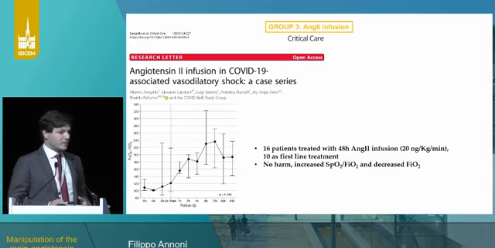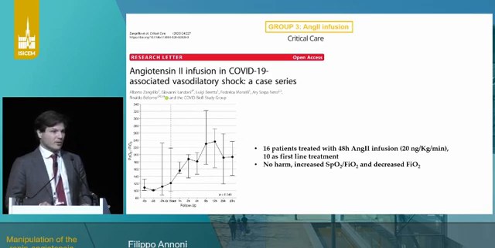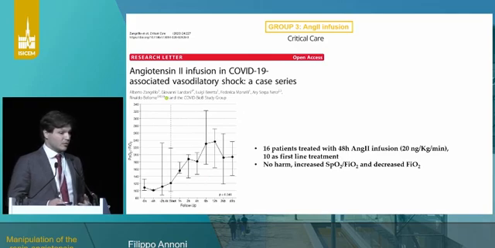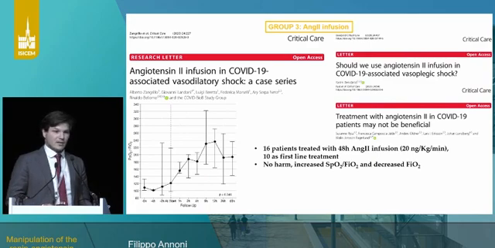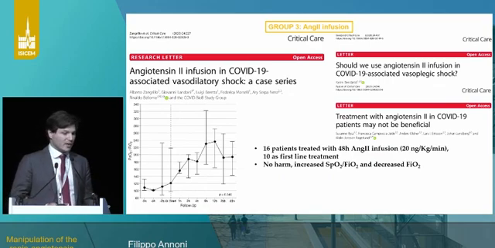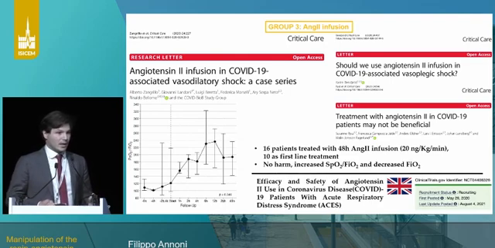A third group of studies can be studies in which angiotensin II was given as a vasopressor. This approach has been tested in a series of patients with vasodilatory shock and deemed to be safe. This approach has been criticized based on the theories we have just presented, but it has to be disclosed that it wasn't presented as a therapy for COVID-19, but as a therapy for vasoplegic shock resistant to other vasopressors. That's probably the reason why another larger trial is now ongoing to test the safety of this drug.